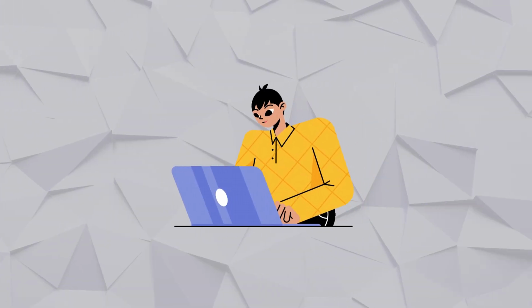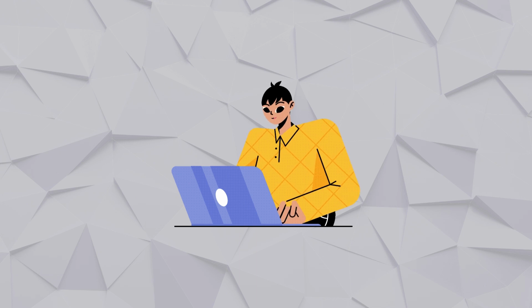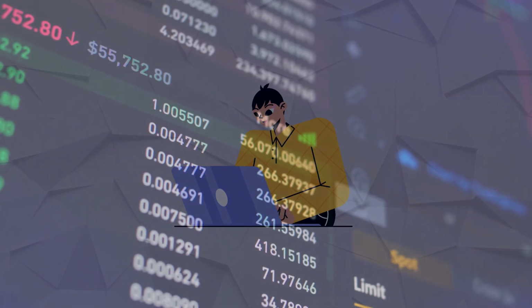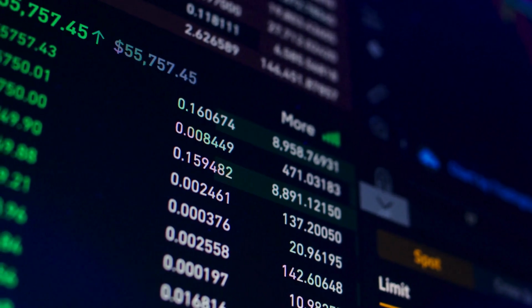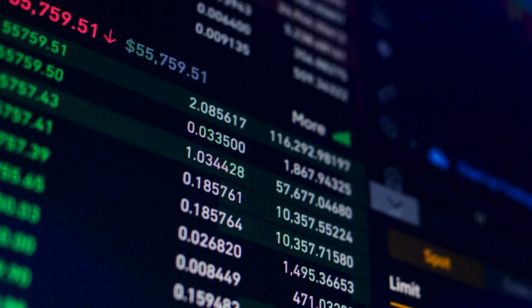What is price impact? Let's begin. Price impact is the change in token price directly caused by your trade. Price impact is reflected as the difference between the current market price and how your trade impacts the total liquidity